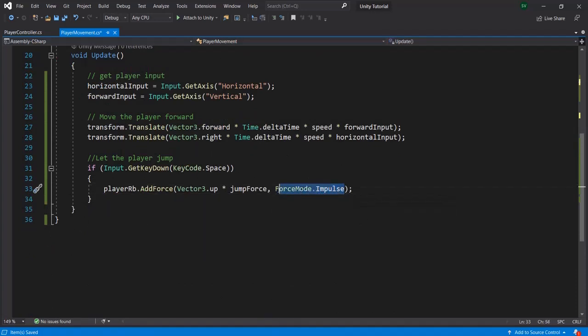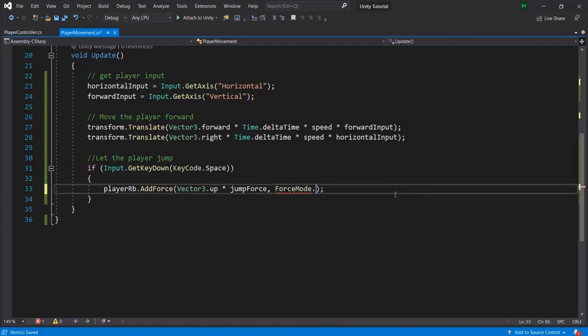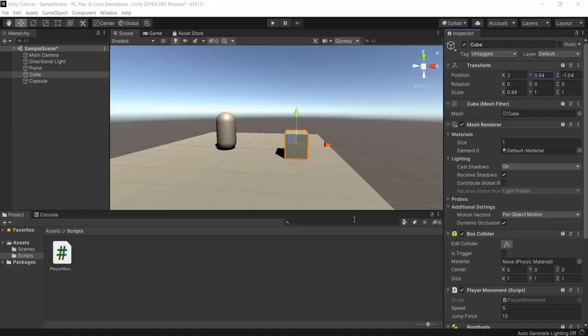Now, when you go like this, ForceMode, and then dot, you see the forces it is adding. And then you get an explanation, instant force. That is what we want in this case. Save your game, Ctrl S or click here. And when I go now back to Unity, hit play,